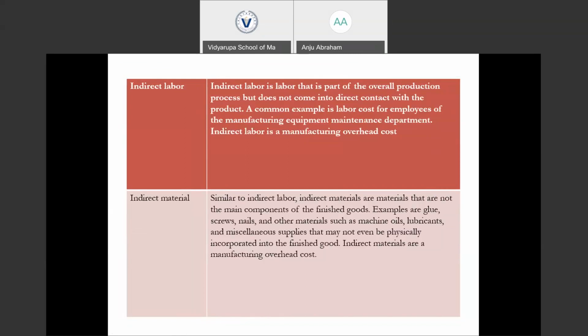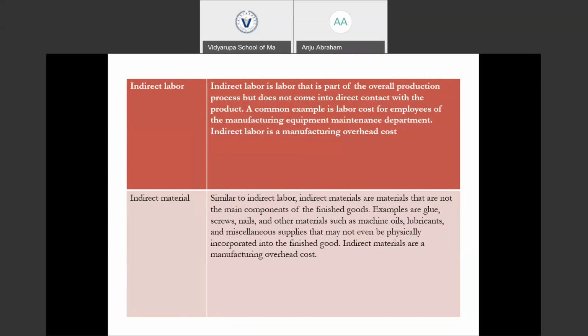In order to manufacture a product, we need equipment or machinery. So the cost incurred for the employees who are involved in maintaining the equipment, the maintenance department for the manufacturing equipment, is a cost of labor which is indirect in nature, which is a manufacturing overhead cost.